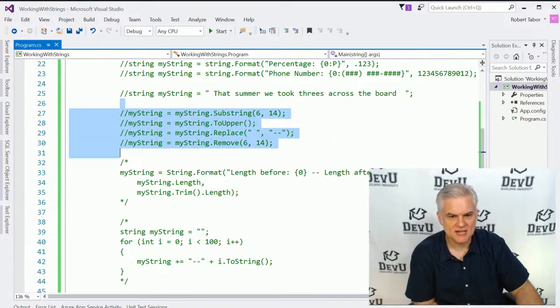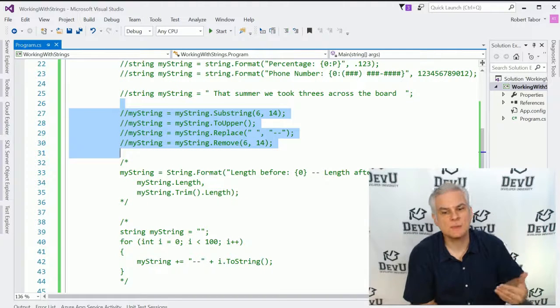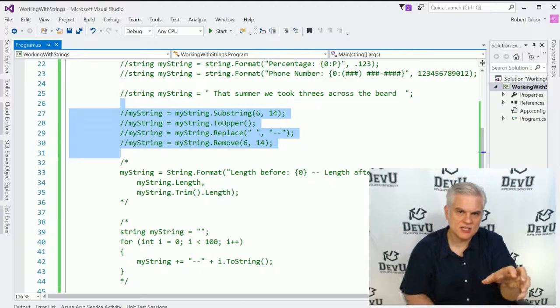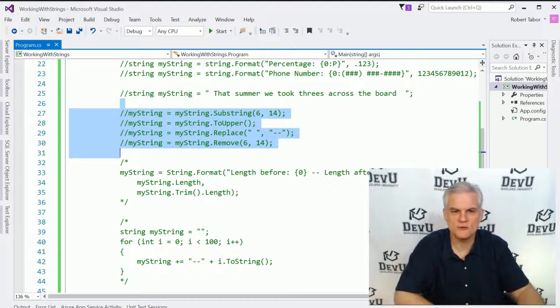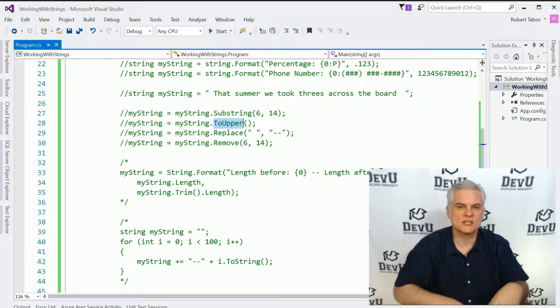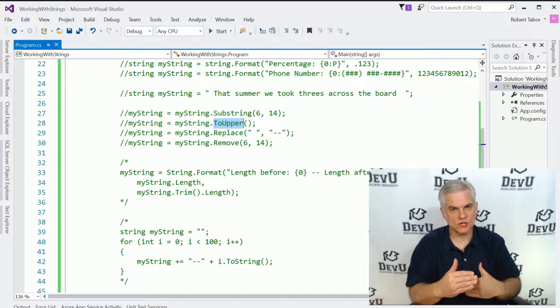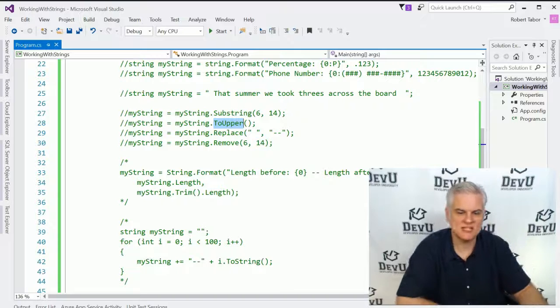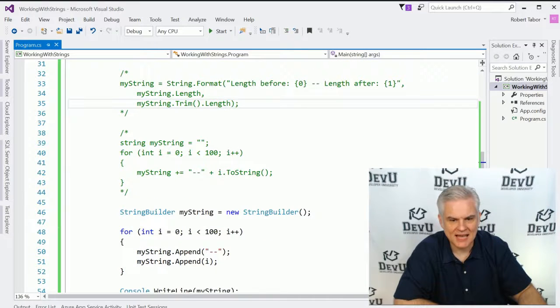We looked at several of the built-in helper methods to replace or define subsections or completely remove, or actually create, ToUpper or ToLower to change the case of strings,